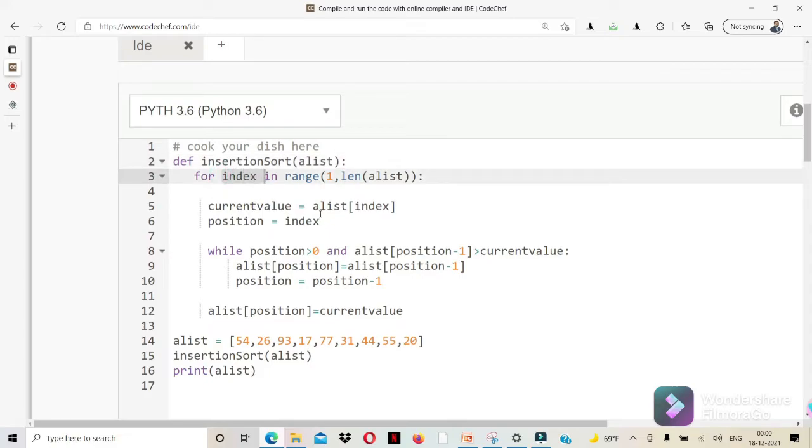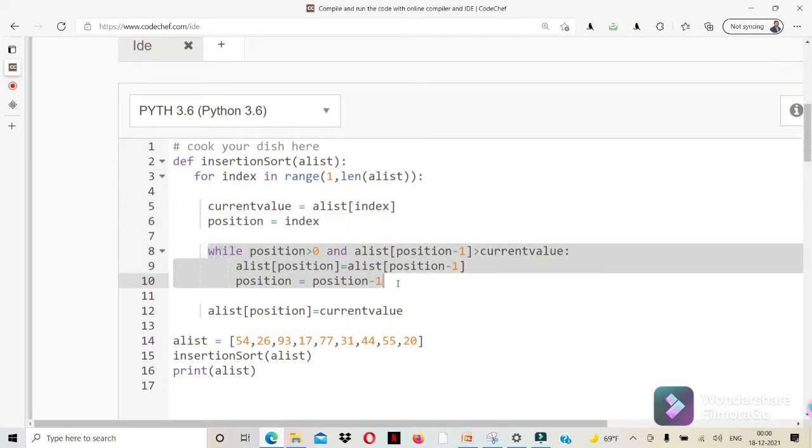Okay, so the current value is the second element, and the position is also the second position of the array. And here we are checking this logic, which is for shifting the left side elements. That means the previous elements of the key element are shifted one step right in order to accommodate space for that key element to insert.